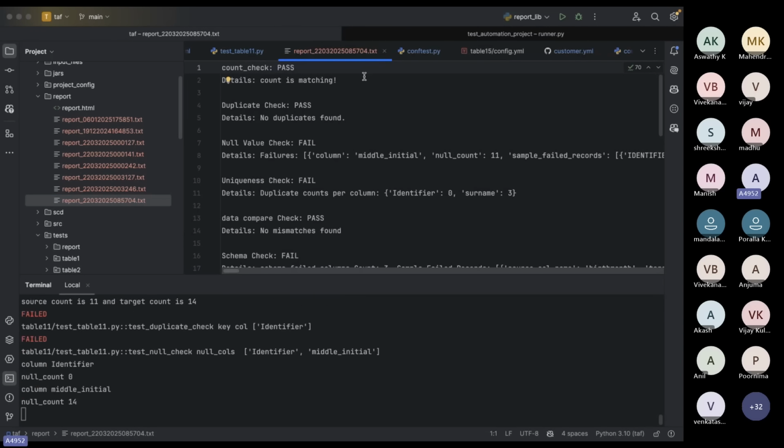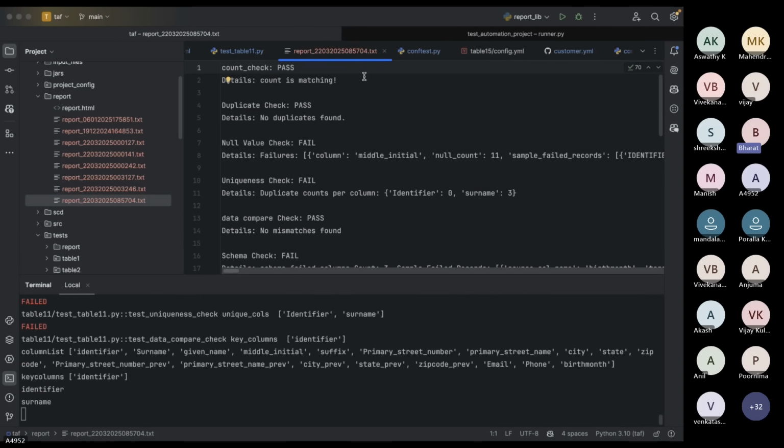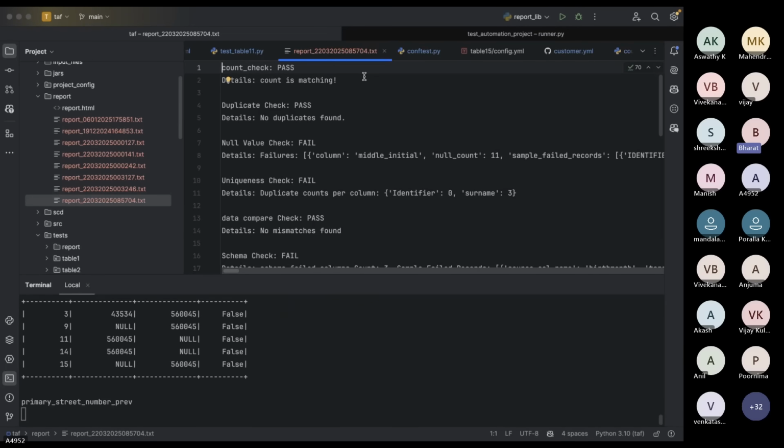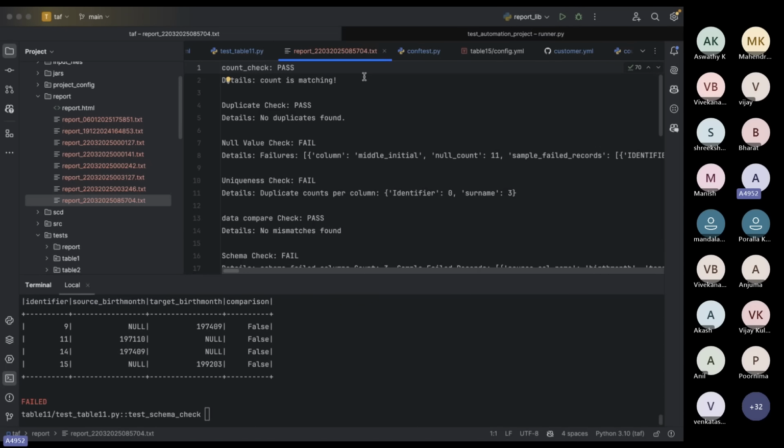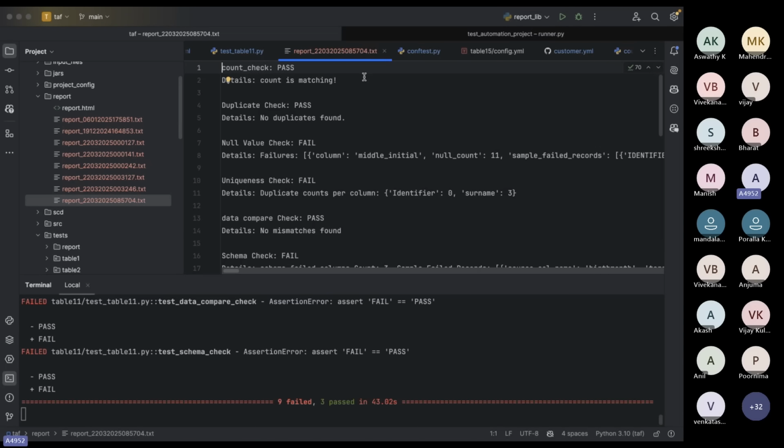Are you using any design pattern or object-oriented programming in this? No, we are not using any OOPS concepts, but I'll cover OOPS concepts in this training. I'll come to design patterns, I'll come to that curriculum part. Just let me explain this complete framework implementation, and then we'll go to the topics that I'm going to cover in this training.